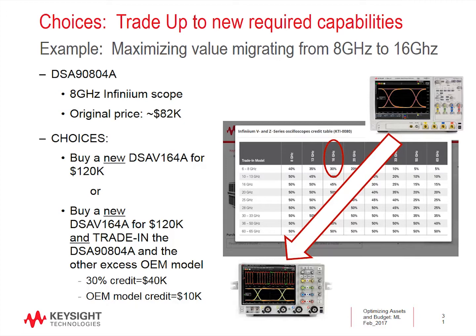In the last example, the customer needs to get a new oscilloscope that can get them to 16 gigahertz, and they are considering two different choices in this case. One is to go ahead and buy a new DSAV 164A V-Series oscilloscope from Keysight for about $120,000, or they could buy the same new V-Series scope but trade in their current 8 GHz DSA 9804A oscilloscope and a different